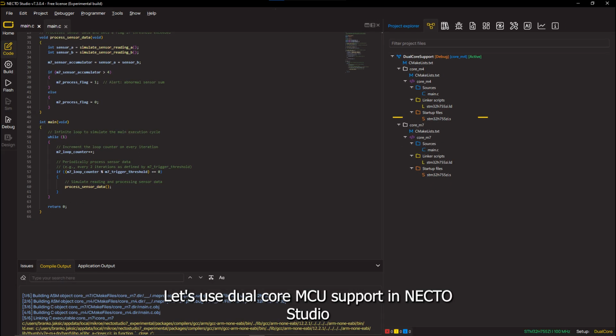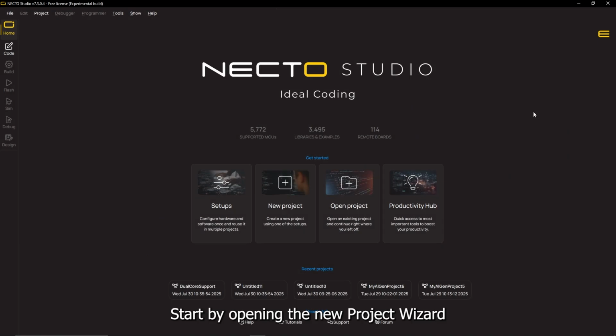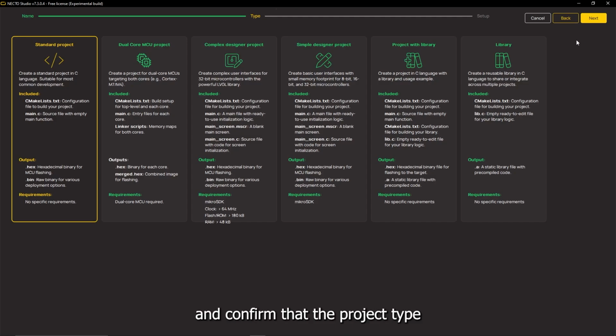Let's use Dual-Core MCU Support in NECTO Studio to build advanced multi-core embedded applications. Start by opening the New Project wizard to create a new Dual-Core MCU project. Give your project a name, choose a location path, and confirm that the project type is set to Dual-Core MCU